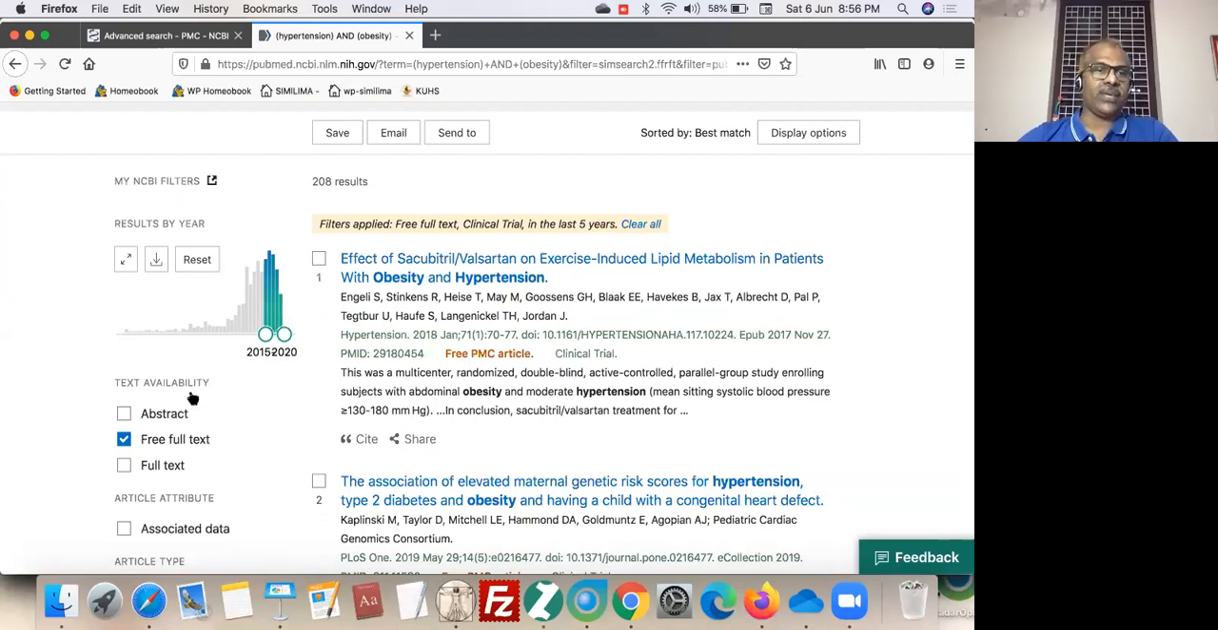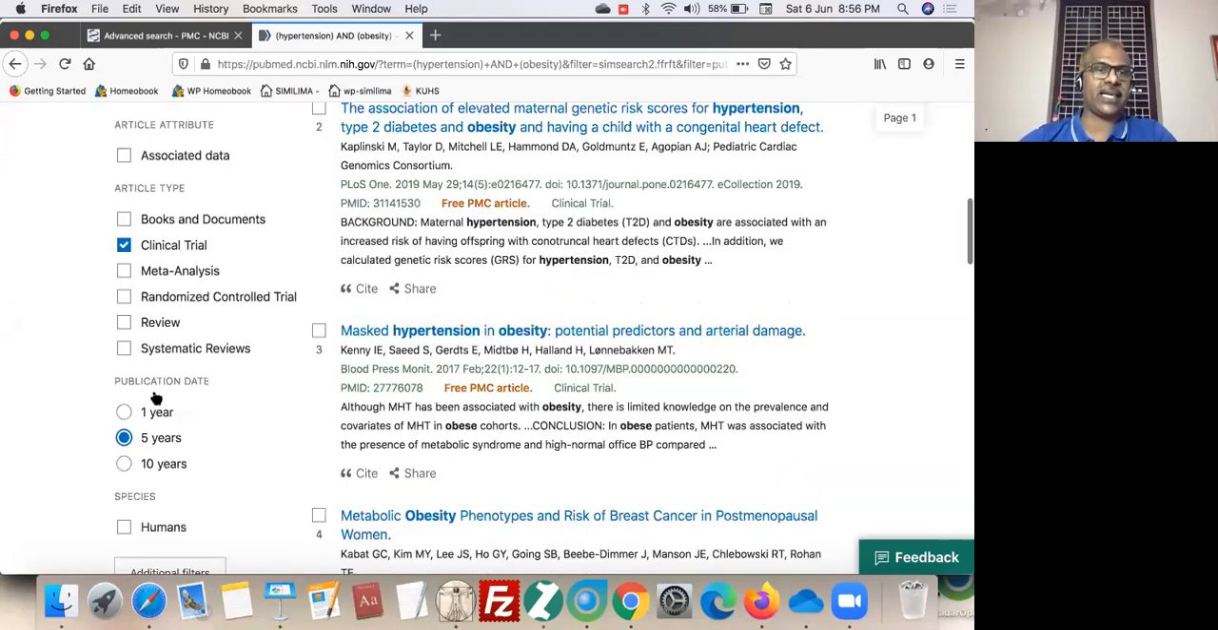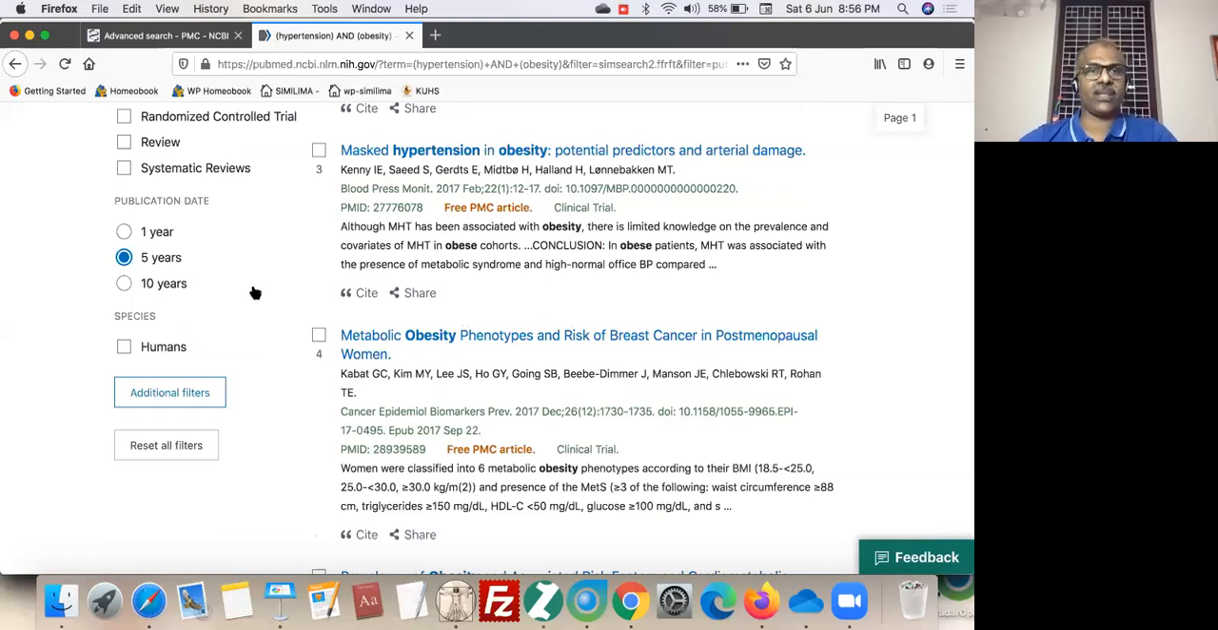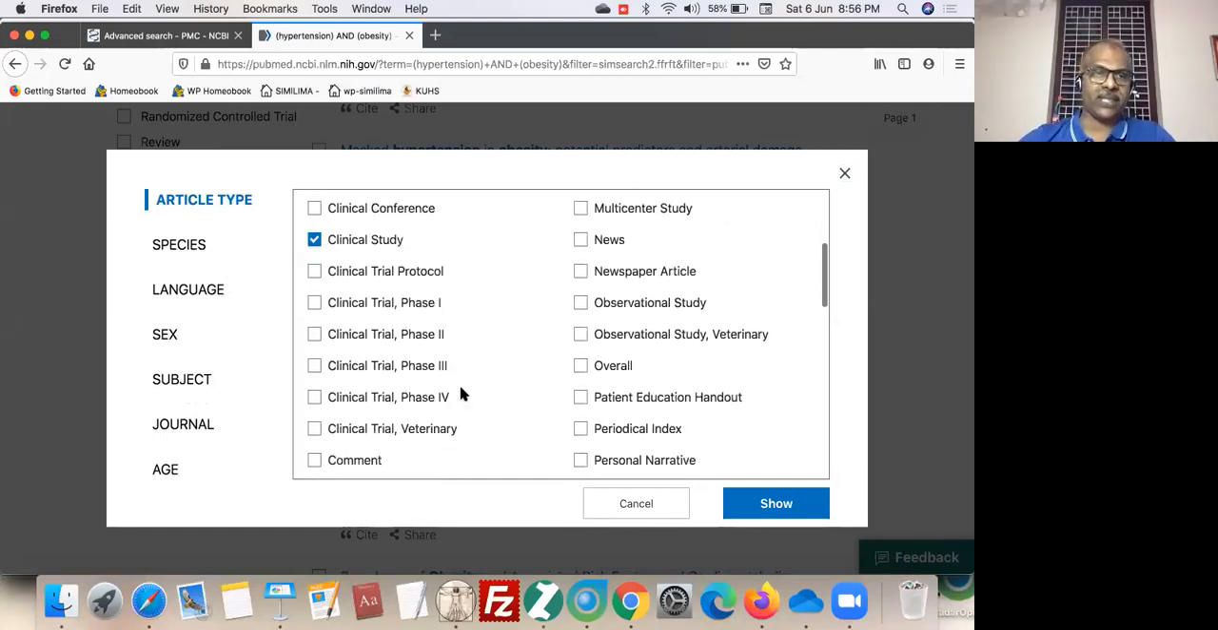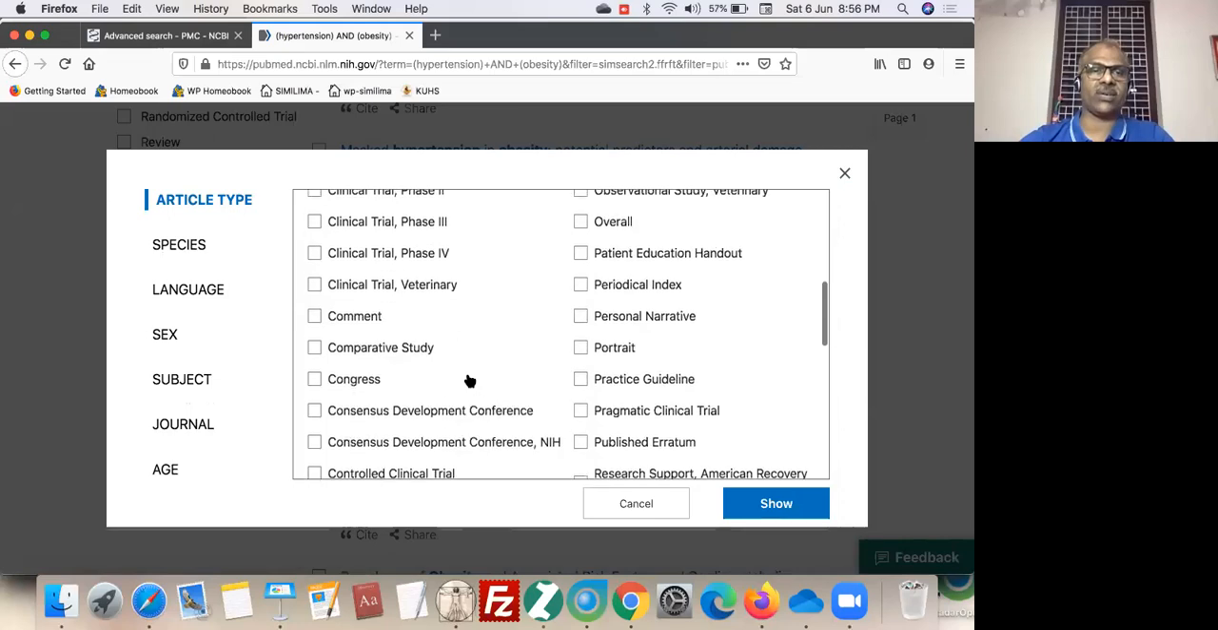Now we have some more filters. There is an icon called additional filters. First, article type: address, autobiography, bibliography, biography, case report. If your study is about a case report, you can click on case report. Classical article, clinical conference, and clinical study. The majority of postgraduate dissertations are clinical studies. So we can select clinical study, clinical trial protocol, different trial phases, phase 1, phase 2, comparative study, congress, then